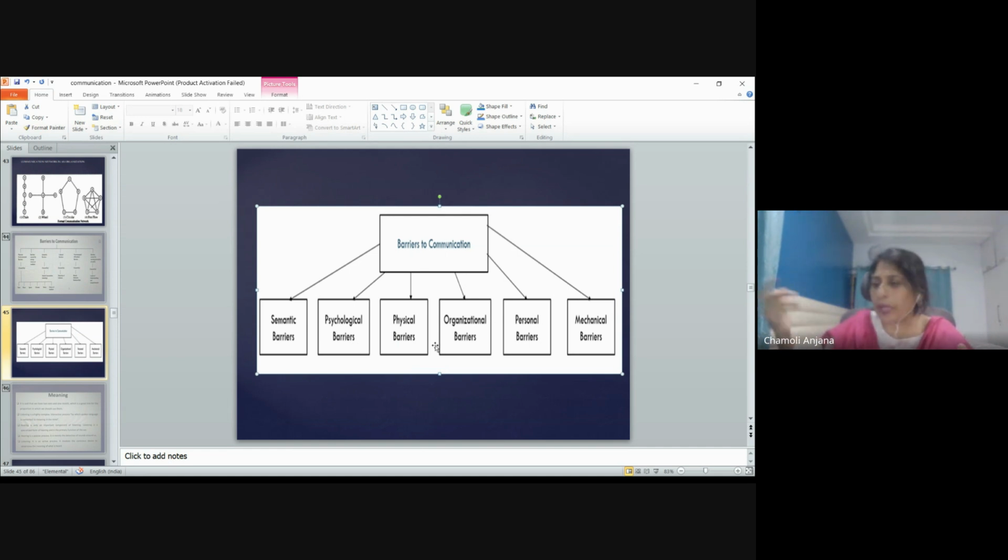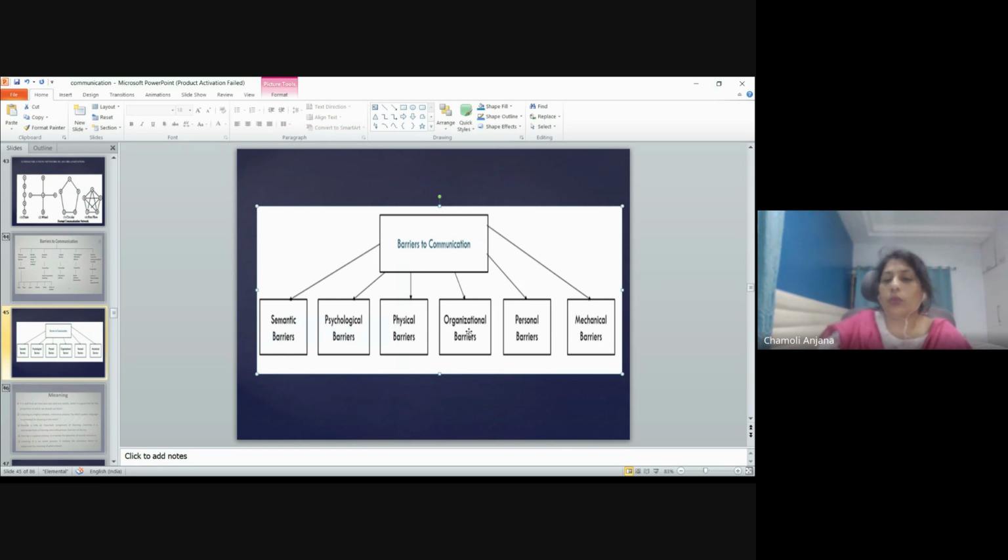Physical barriers include barriers like physical noise. Some noise is being made by somebody, so that acts as a hindrance. Or it can include the distance between the sender and the receiver. Somebody is very far away from me, he cannot listen to me. That also acts as a barrier. Or time can also act as a barrier to communication. For instance, the time now in India is daytime, while the time now in the US is night time. So there's a time distance, and that is stopping us from communicating with each other. Those are the physical barriers.